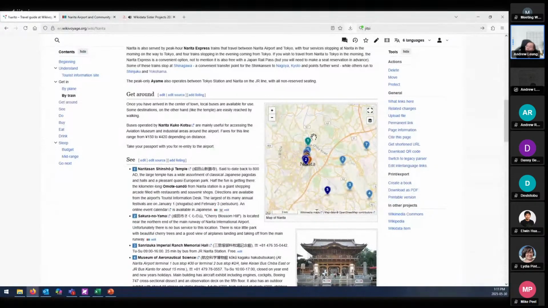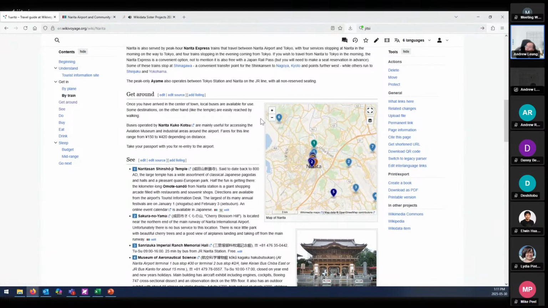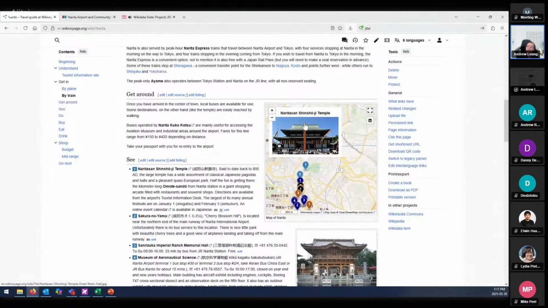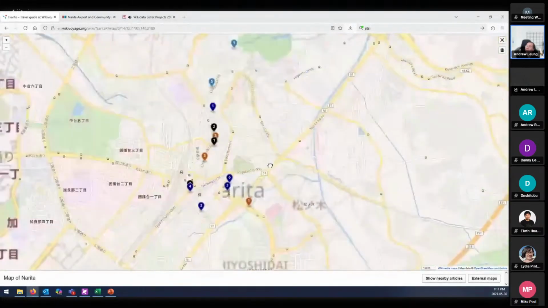Whenever you see the latitude and longitude, this is what's being populated onto the dynamic map. So you could zoom, move around, click on them, and actually, if there is an item associated in Wikidata, it would also show a picture of that item. So it's very handy. You could also enlarge it.